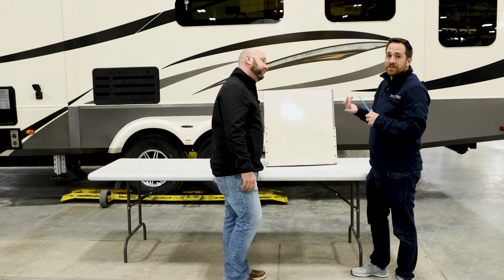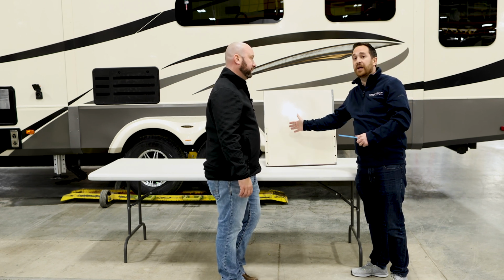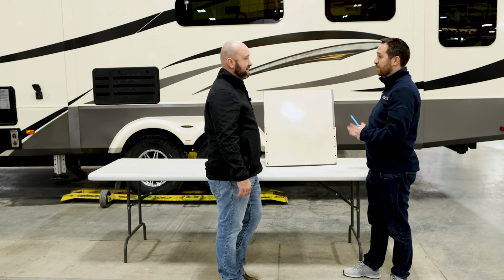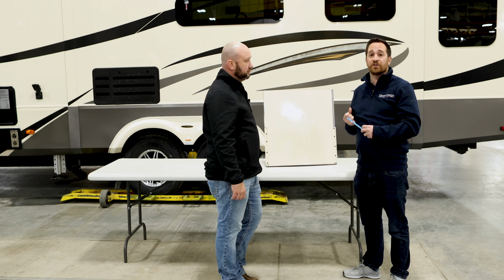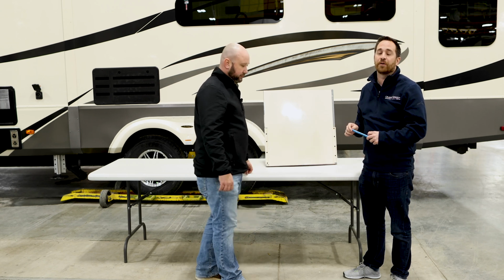So the bottom line is, you're saving yourself on maintenance. It's going to be a lot easier to have the mylar tape versus the butyl putty in terms of maintenance, but also you're not gonna have as many issues with delamination and things like that. So these are the advantages you're getting with the mylar tape, which you're gonna see not just on Solitude, you're also gonna see it on Momentum, Reflection, Imagine, and Transcend. It is a golden thread for Grand Design